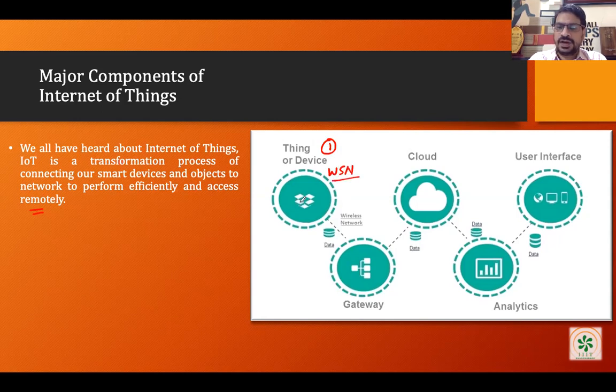So many of you have heard about this concept, which is called wireless sensor network. It is a network of sensors which are connected to each other wirelessly. It means, let's say we have an object, we have put a sensor on it, we have put some computing power to it, and in that way we are actually connecting all different objects